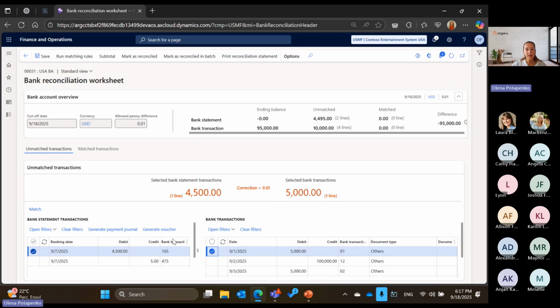I want to match a bigger amount. For example, in the selected bank statement transaction, I have 4,000 and I want to match it with 5,000, and then the system shows me the correction under this amount. Actually, you can also put this in configuration, so it shows me the red color. And even if I match it,